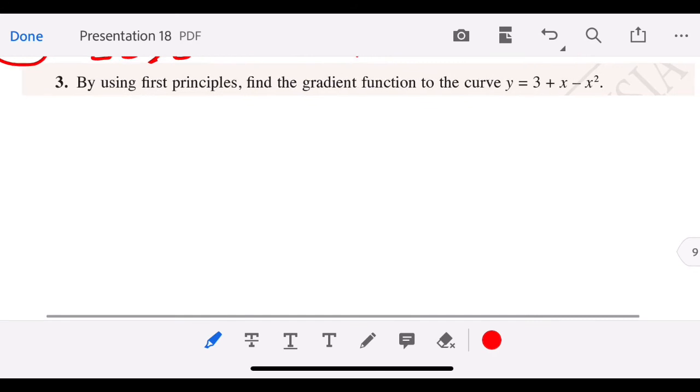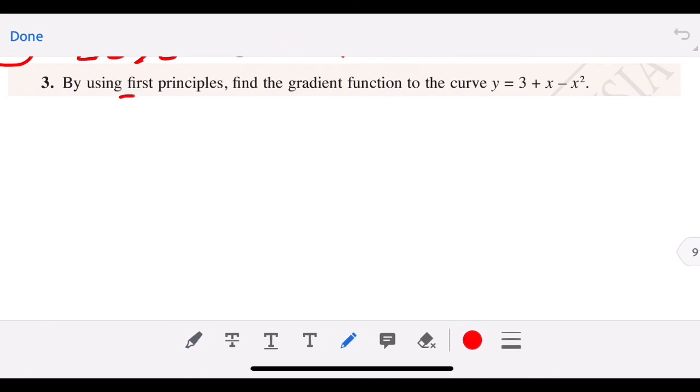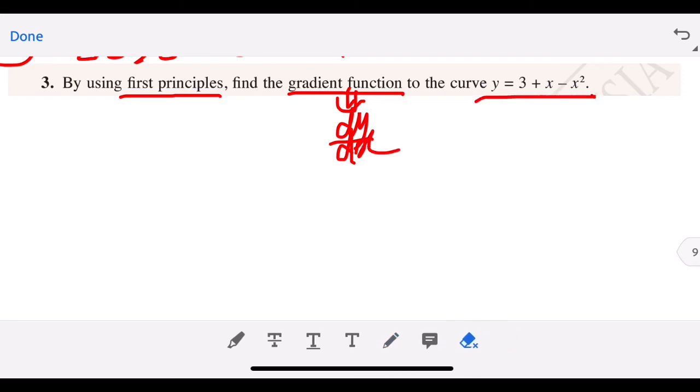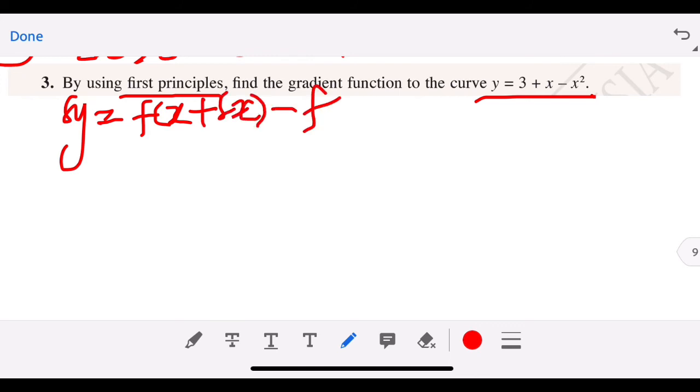Okay, so we have one more question I'm going to discuss with you so that you can refer if you are not sure. Okay, so by using the first principle, find the gradient function. Gradient function means dy dx, alright? So for this one, we are going to find the dy dx using the first principle. So basically the first step is delta y equal to f(x plus delta x) minus f(x). Right, so we are going to substitute